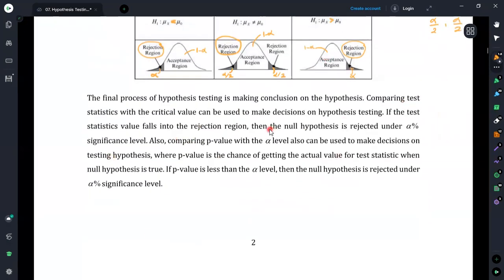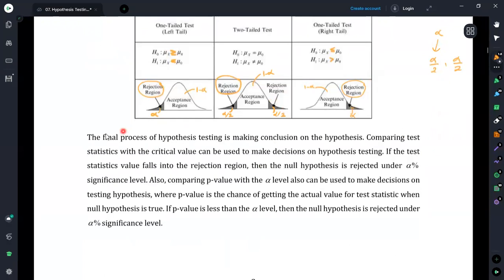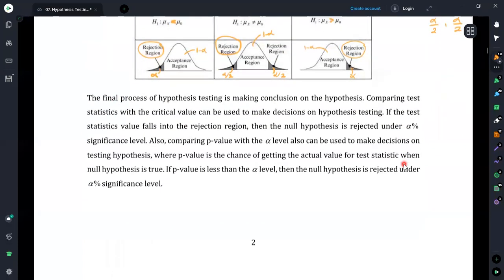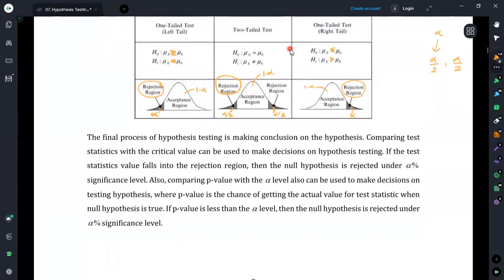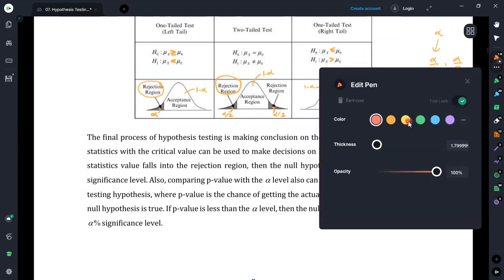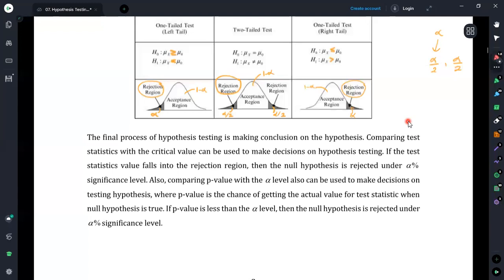And the thing that we have discussed is again described here. After considering this hypothesis testing, we should be able to make a conclusion whether the hypothesis is rejected or not. Then we can combine this with the calculated value and alpha. We can make the comment this way.